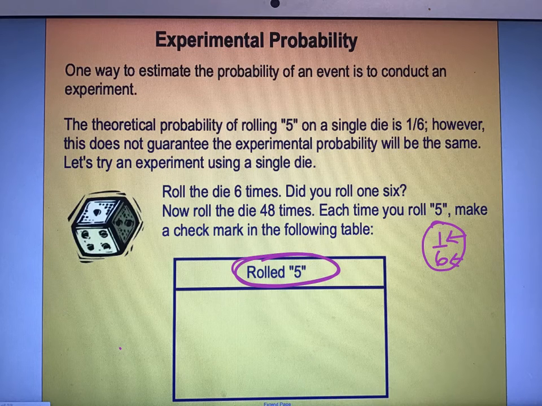But what I want you to do now with Miss Tierney is you're going to actually add these up. So we're looking at rolling a 5. So we're going to go ahead and take however many groups there are in the room. So if there's 10 groups in the room and each of you rolled it 6 times, your bottom number is going to be 60, right? If there's 12 groups in the room and everybody rolled it 6 times, your bottom number is 72. I think Miss Tierney's getting this math. I think you guys also get this math. So basically, you're going to take however many tables did this and times that by 6